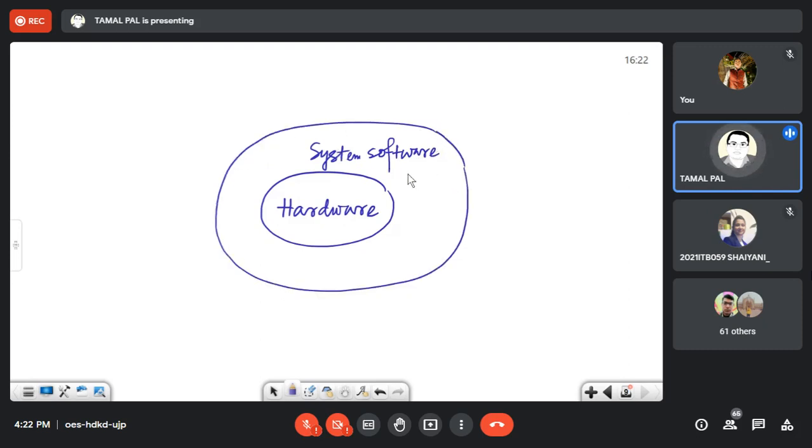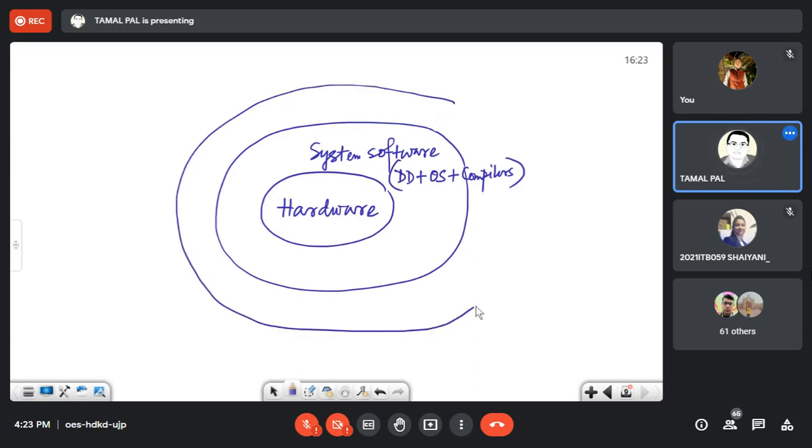System software means device drivers, then the OS, the operating system, then different types of compilers. I'm not writing in too detailed a form. And then there is application software.